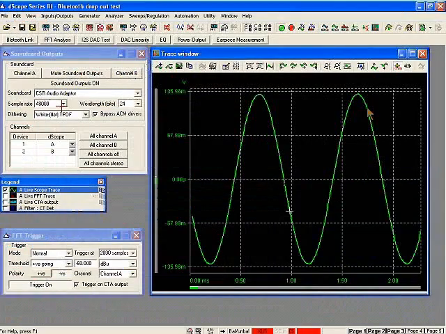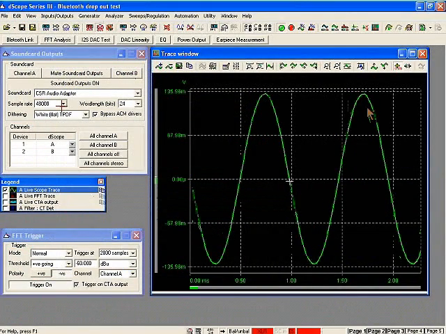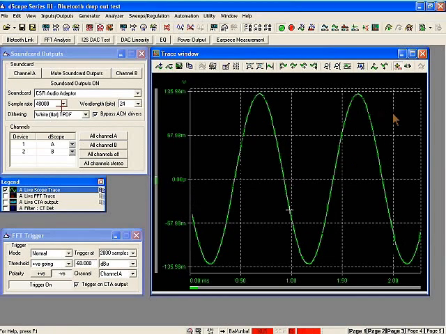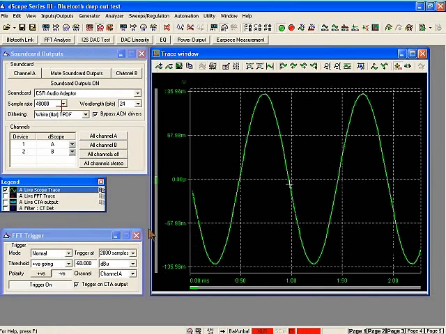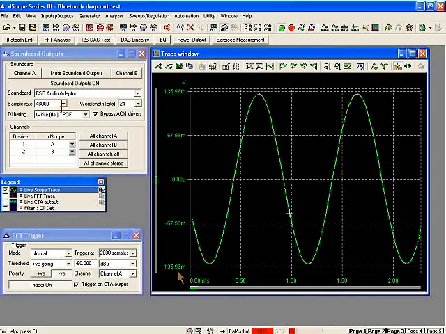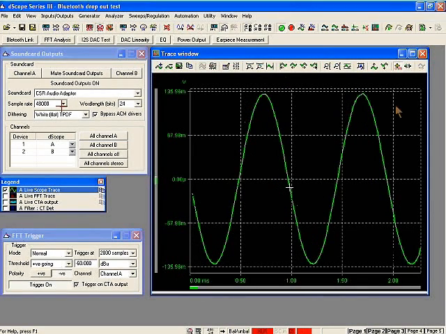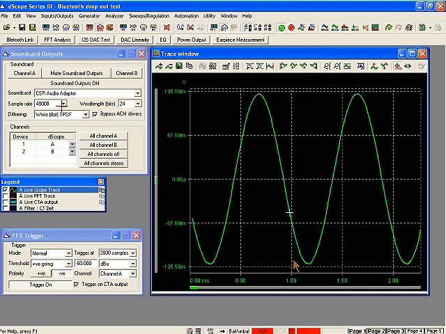So I have just switched over to my Dscope Series 3 software, and you will now see the same screen that we took a quick look at earlier on. Just to confirm here, actually I'm not going to show you my generator function, I'll come back to that. It is a 1 kHz sine wave. We can see the result of that on the screen here in front of me, and if I turn the volume up once again,